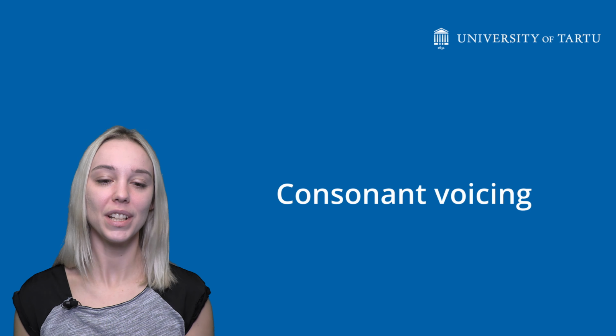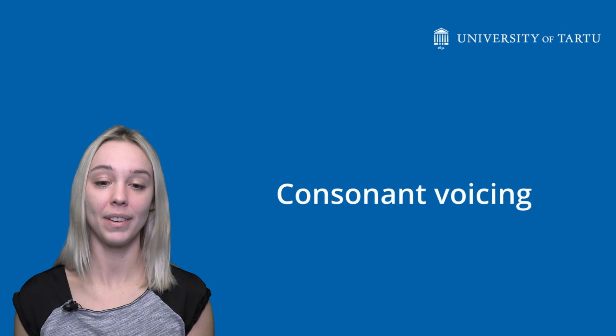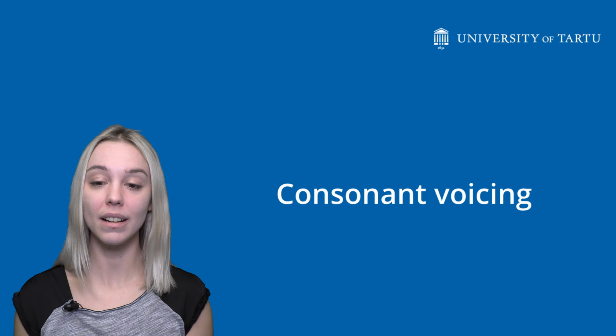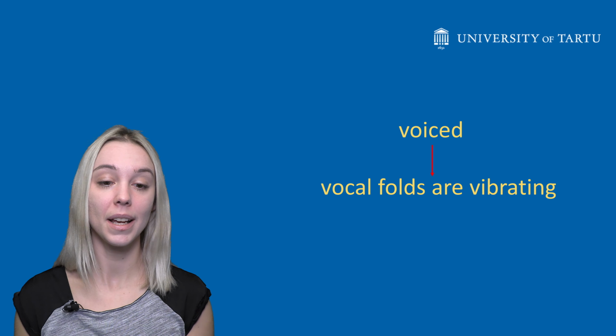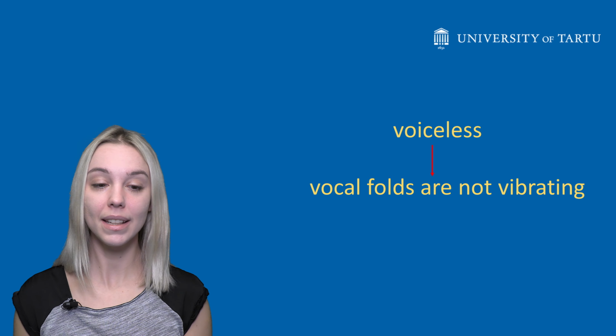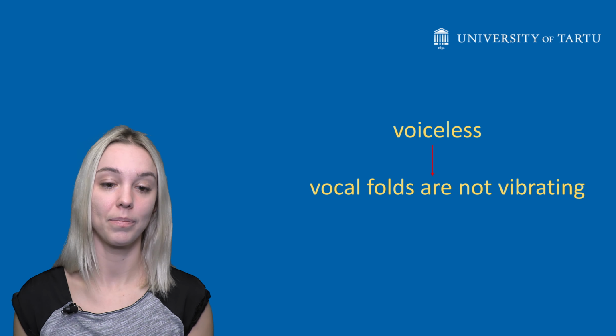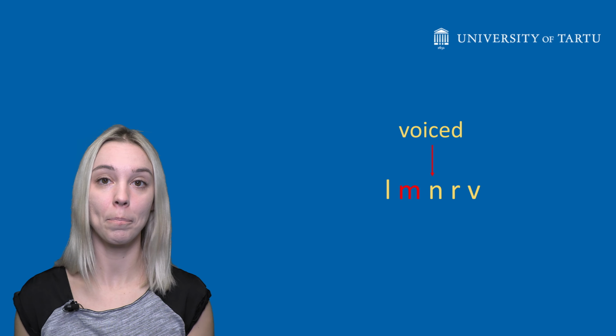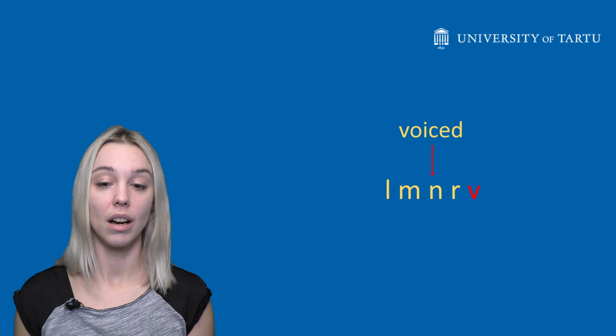The context in which a consonant is in also affects its voicing. Acoustically, consonants are either voiced, meaning that the vocal folds are vibrating, or voiceless, meaning that the folds are not vibrating. The consonants l, m, n, r, v are voiced, and g, p, t, s, f, sh, h are voiceless in Estonian. A tricky thing in Estonian orthography is that the letters g, b, and d are used for short